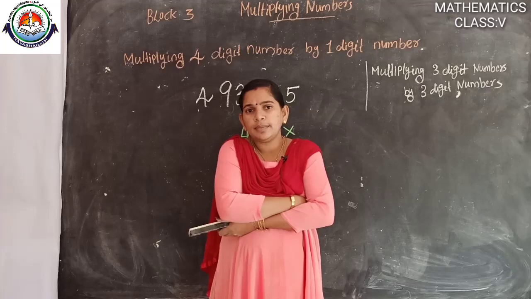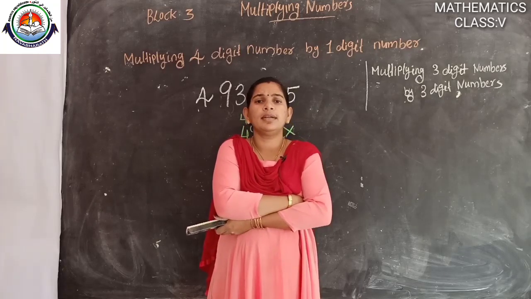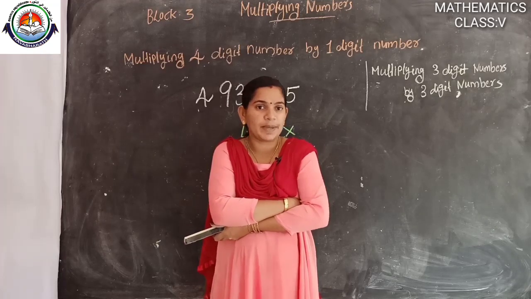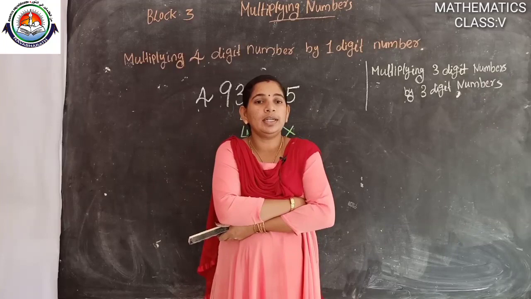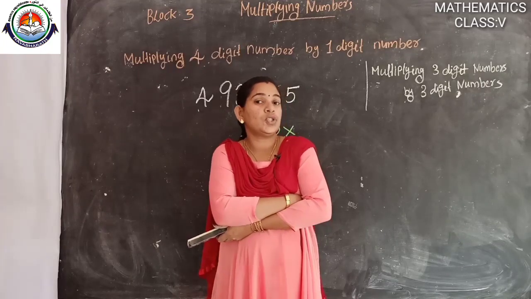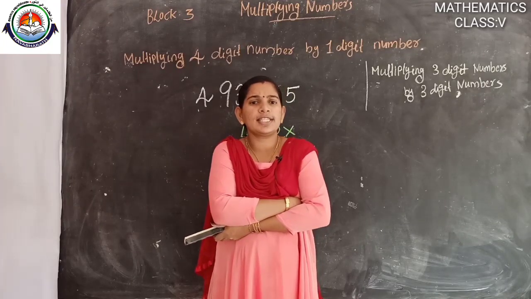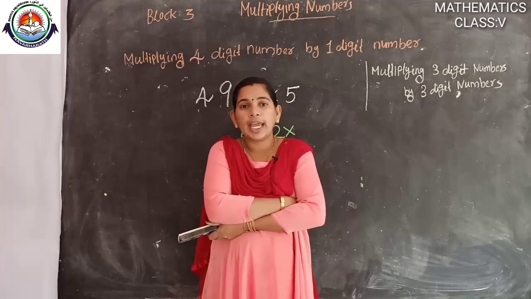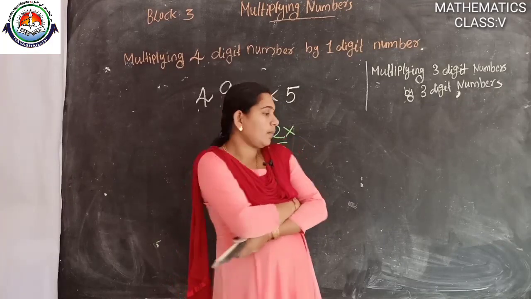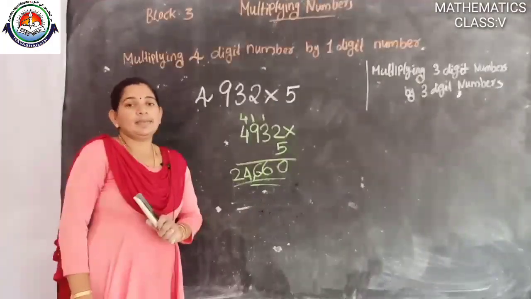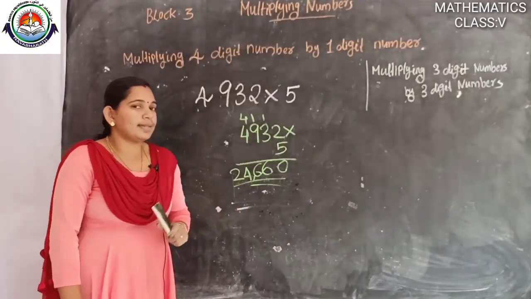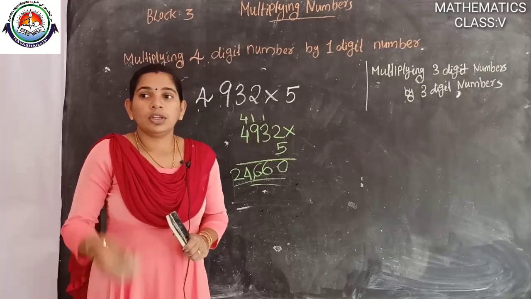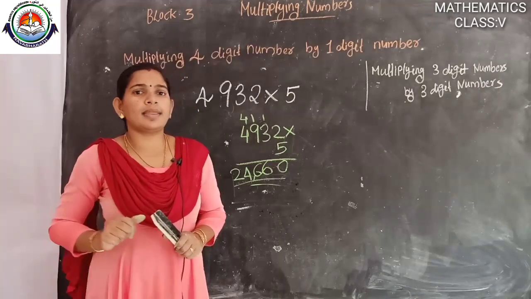Okay, did you get the answer? How many of you got the answer? Okay, speed up. We have no time. Those who finished your work, check if your answer is correct or not. Okay, can I say the answer? This is our answer: 24,660. How many of you got this answer? Okay, only few. Where's your mistake, others?